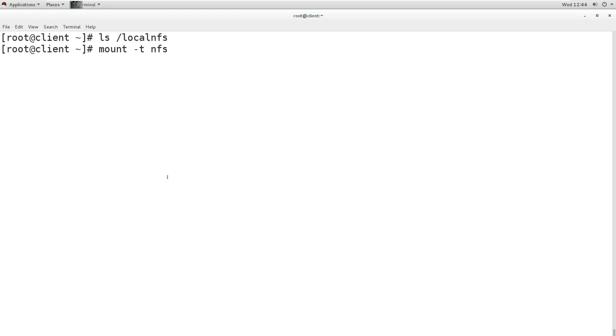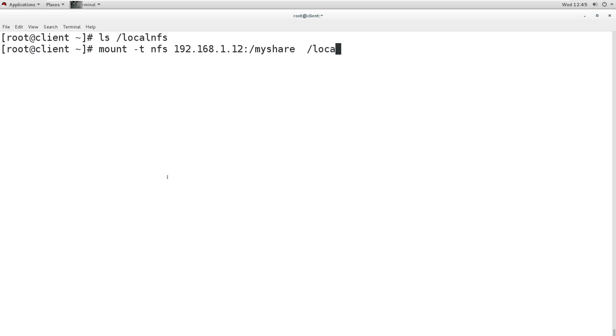Now here I will mention the network location where the NFS directory is located. I will mention the IP, or I can mention the name of the server, because we have a DNS server also. I'm going with the IP directly. Then colon, slash, and then the name of the directory. The directory name is myshare. So this is the directory from the server I want to access, and I want to mount it on my